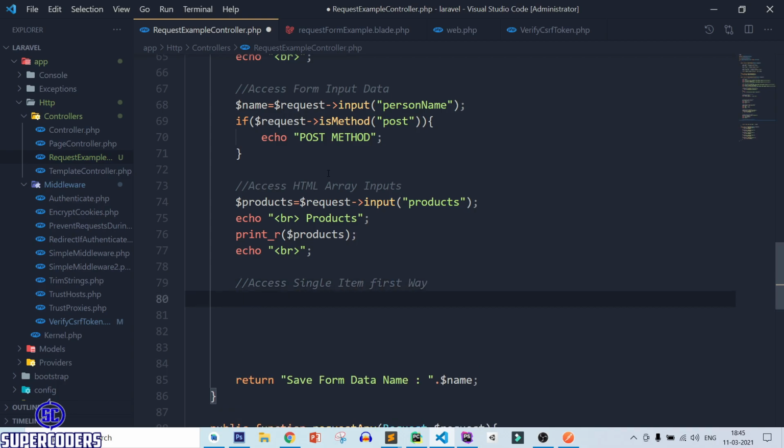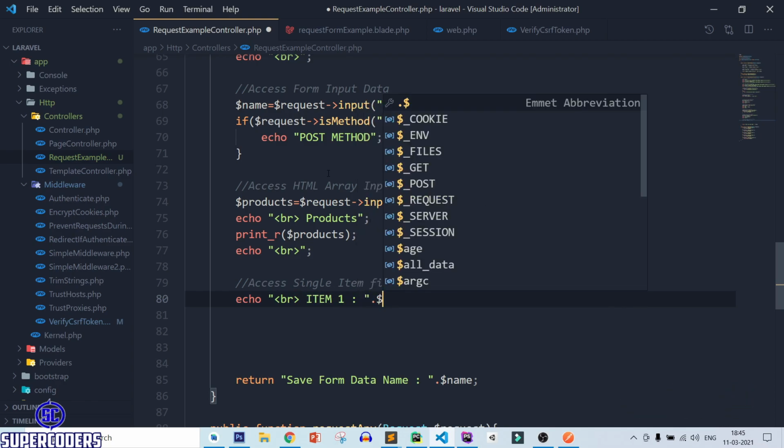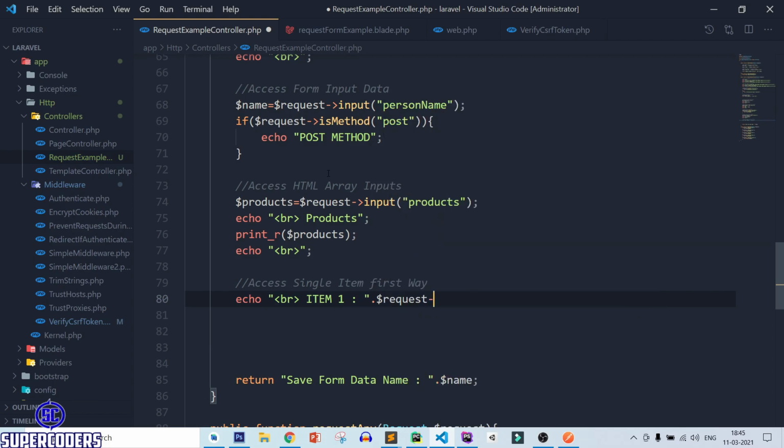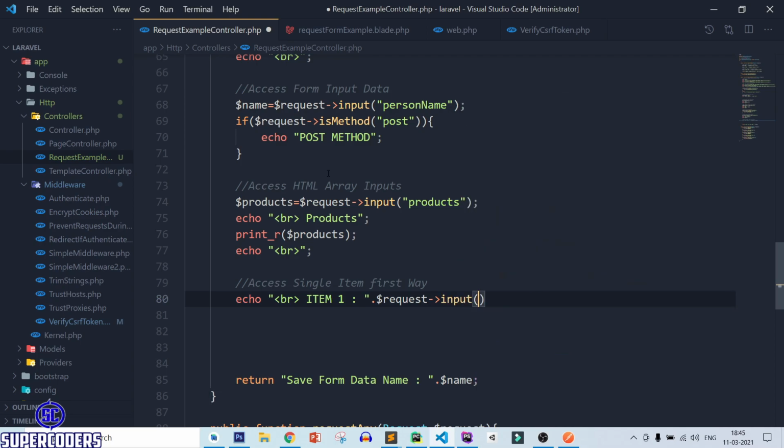So you can use the first way like echo br item 1, $request->input('products'), then simply add .0. So you can access it this way also, and there is another way also.